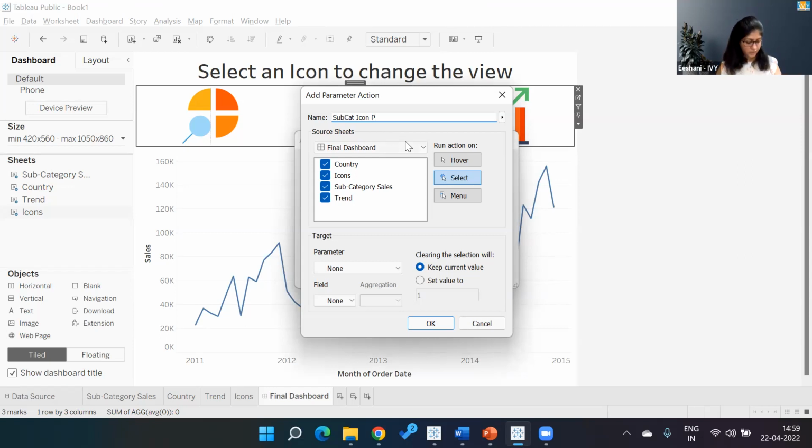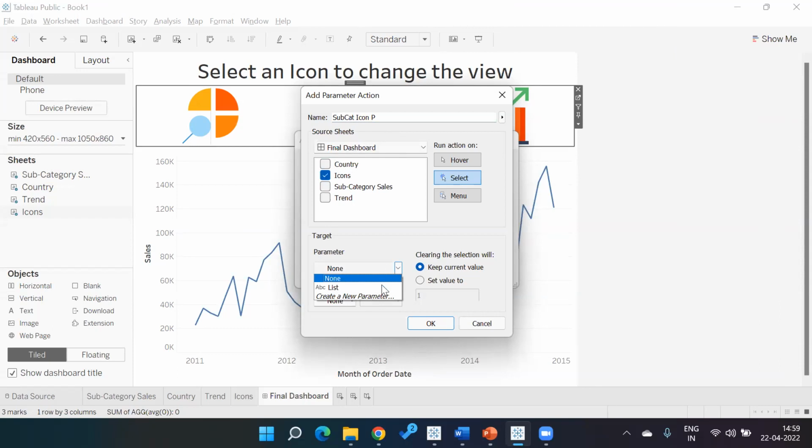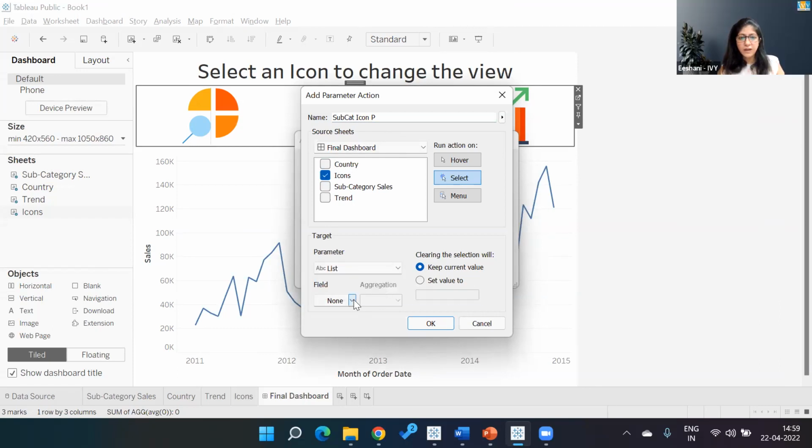Source sheet is what? Subcategory. Source sheet is your icon. Oh, yeah. Icon is my source sheet. Which parameter is it? It is the list parameter, and what it is going to affect is my subcategory field. Typically, no aggregation is required. So my source sheet is